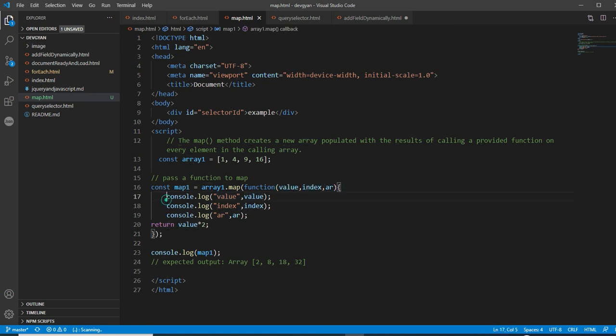Now you can utilize this data, index or value, within this method, and you can do whatever you like. And if you want to return another array, you can return whatever you like. For each value it will be returned, and it will create another array.